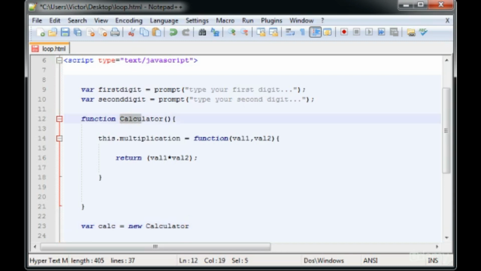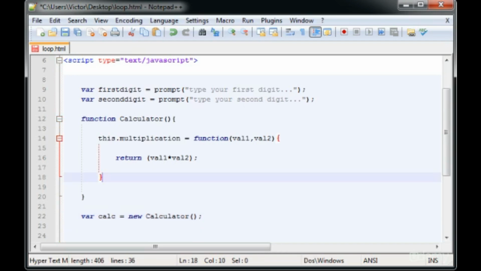Okay, here calculator and parentheses, of course, and the object is now created. I designated directly the multiplication, or created a multiplication property, which is a function that will return the multiplication of the two parameters. Now the parameters need a value, and I'm going to do alert